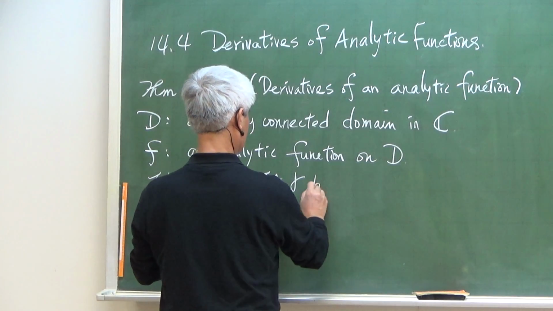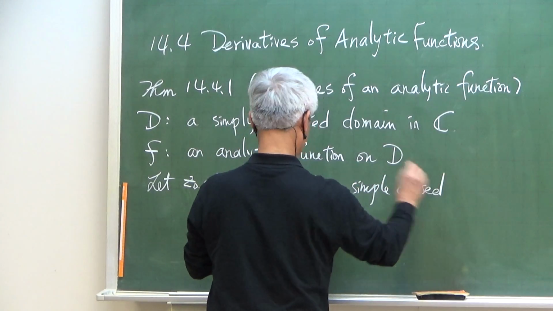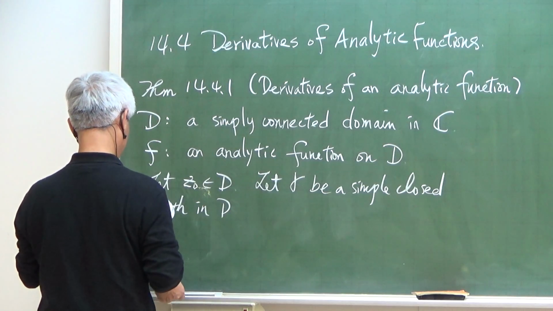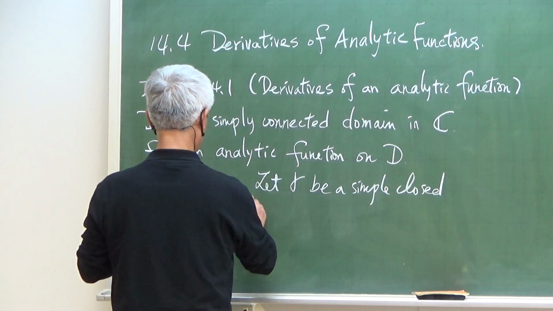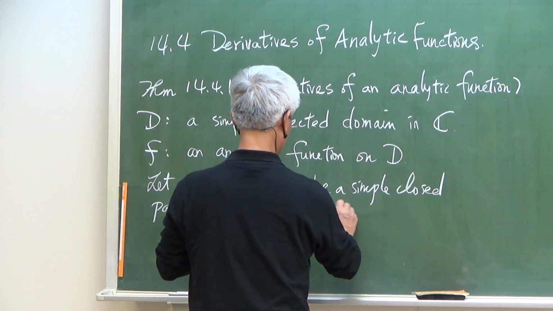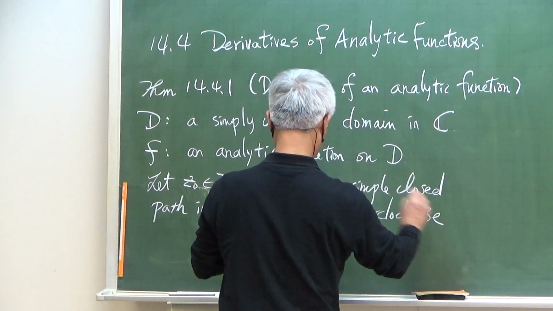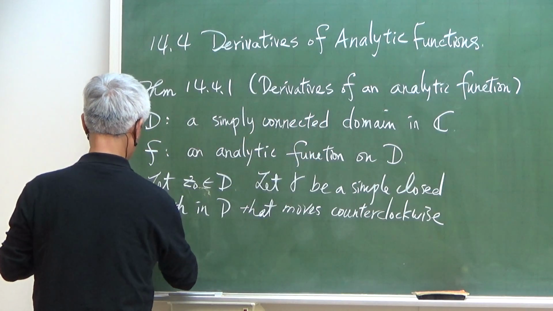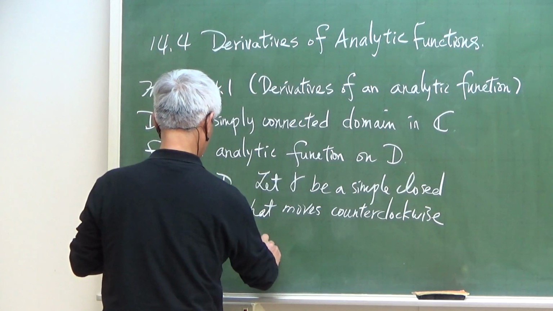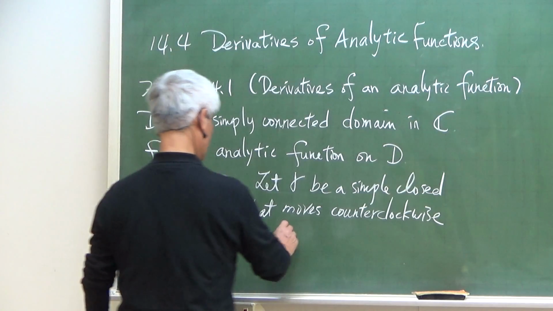gamma be a simple closed path in the domain, okay, that moves counterclockwise, okay, and encloses z0. All right, so this implies that